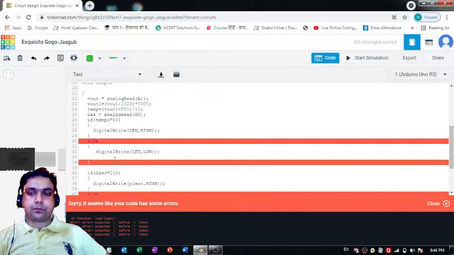Else, so Vout analog read A1, this is fine. Okay, temperature we have calculated. What it is showing over here: error, expected semicolon before. Okay, so